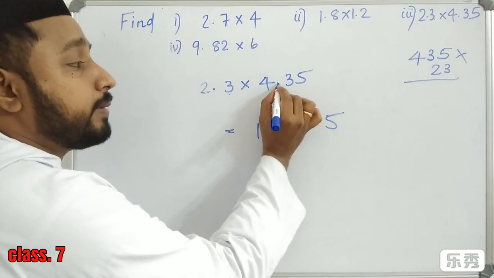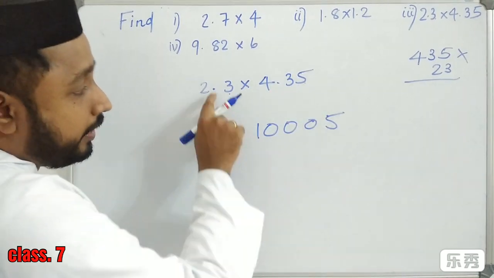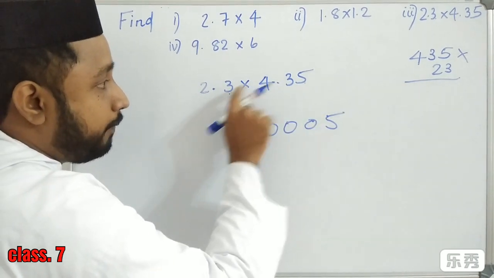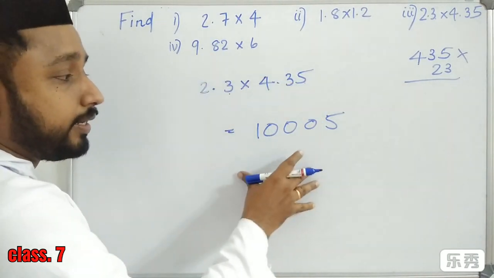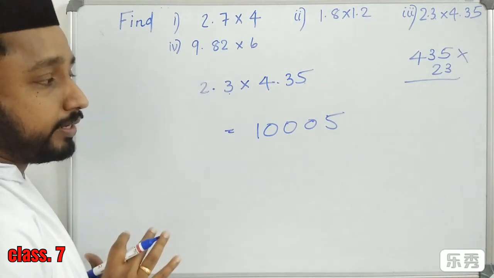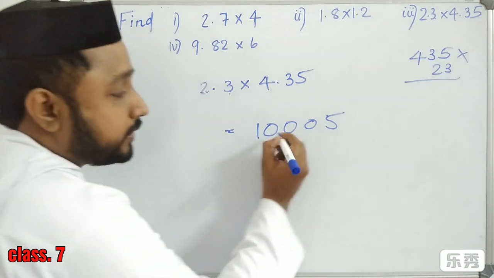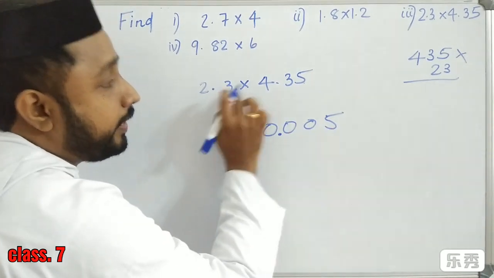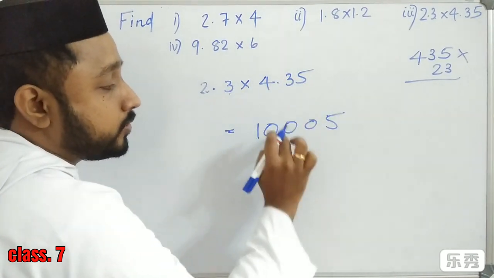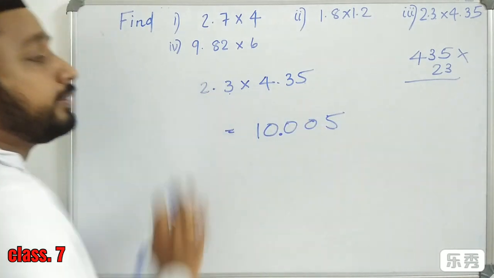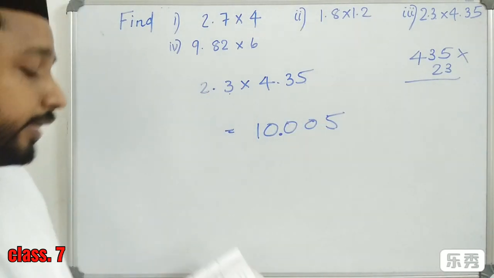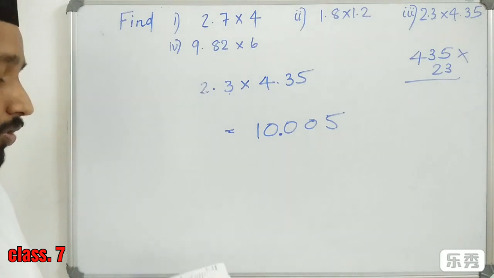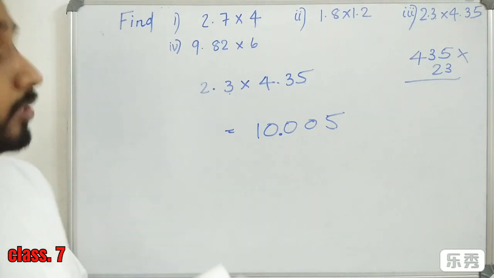Here after the decimal point, 1 digit. Here after the decimal point, 2 digits. So 1 plus 2, 3. So in the answer there should be 3 digits after the decimal point. So we have to place the decimal point here. Then 1, 2, 3 digits. So the result is 2.3 into 4.35, which is equal to 10.005. Fourth question,